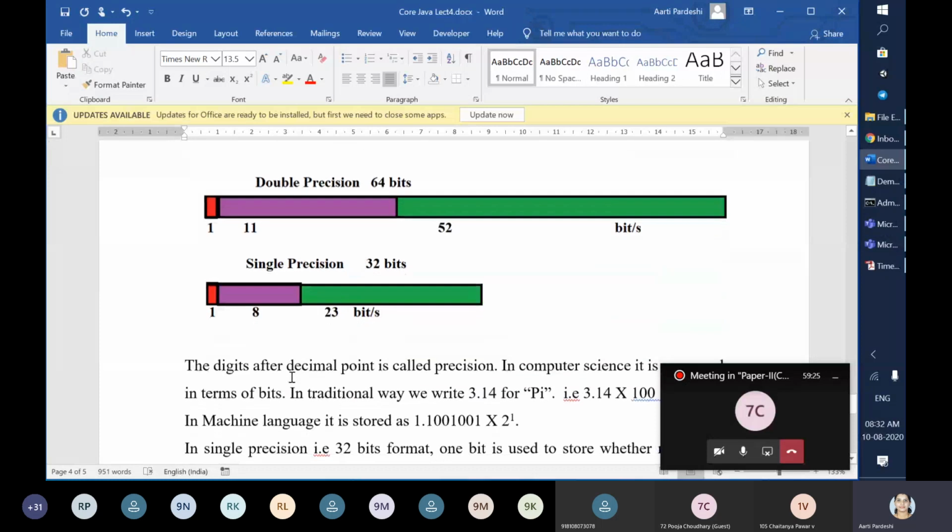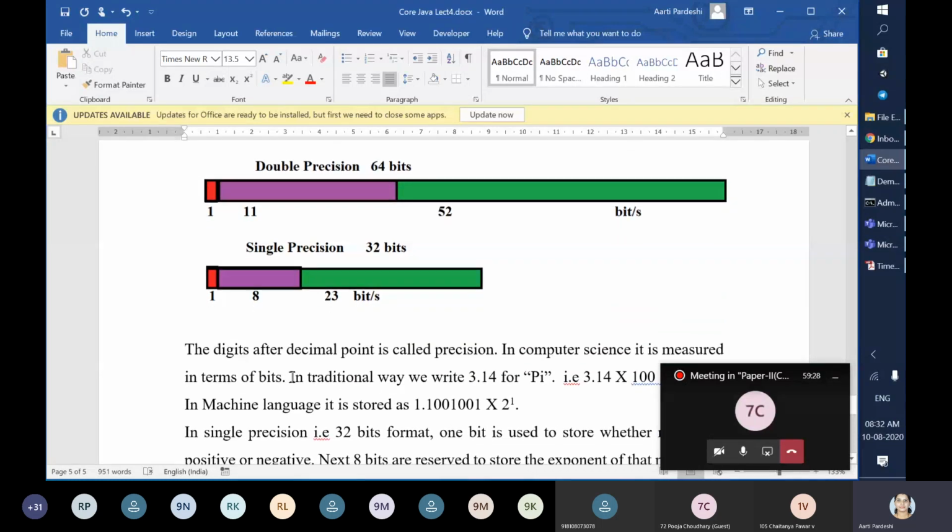Now the next thing I'm going to show you is what single precision and double precision mean. In the exam the question can be, write a short note on float and double data type. So you are supposed to write down the range for float and double, under which primitive data type category it comes. It comes under floating point values. Then you are expected to draw this diagram, and write one small program in which you take two variables, assign values to them, and display the output. That's it. This is more than sufficient for 5 marks.